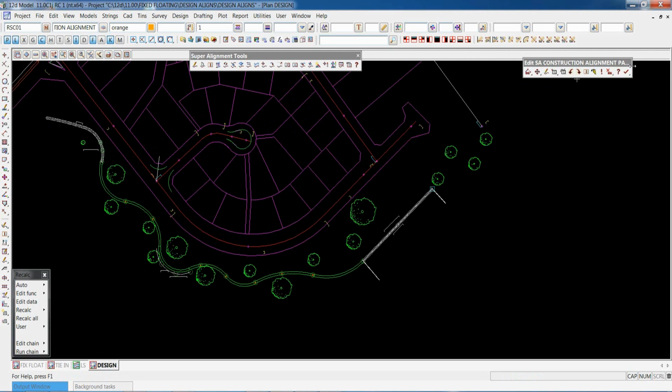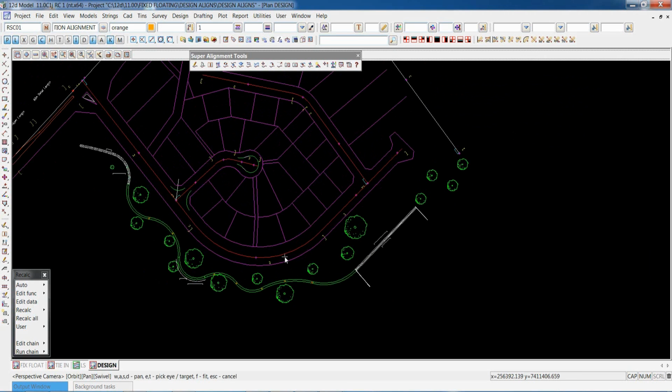So, to go through the process in the short amount of time we've had, just to give you a bit of an idea of the parts of the fixed and floating, don't be too worried about the fact that we've gone into the computators. It's basically the same process. It's just that you're picking and referencing things rather than just putting in XY points and bearings.